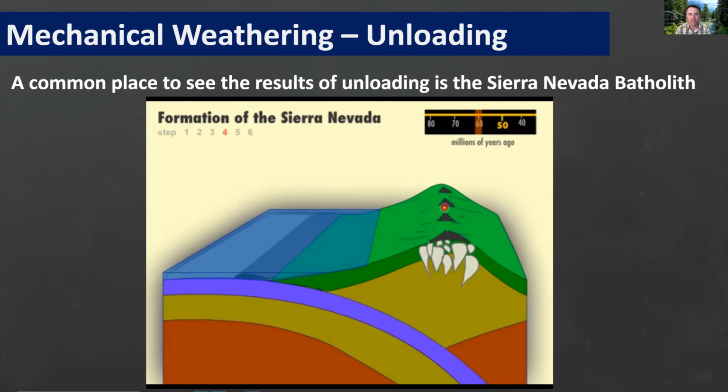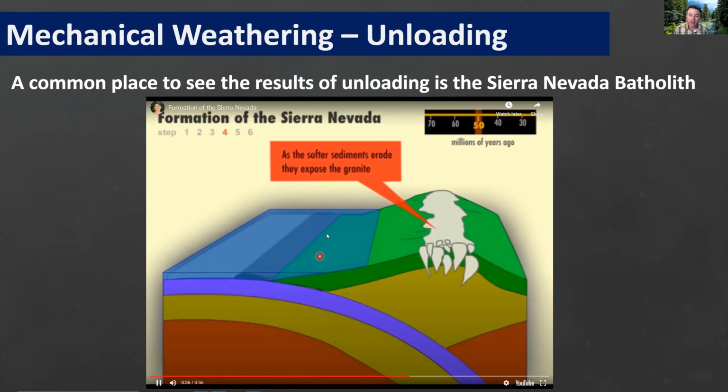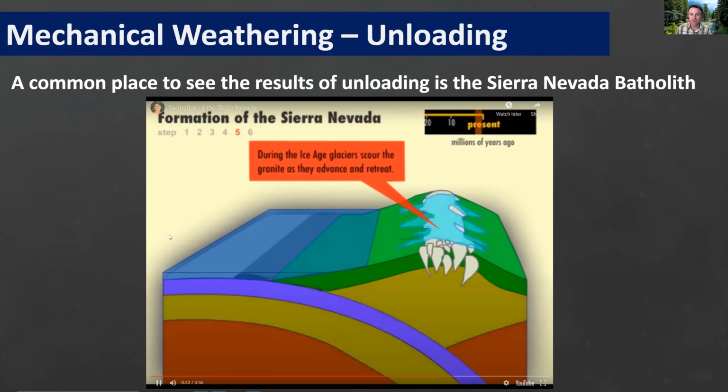Erosion happened for the next 50, 60 million years or so, and those softer sediments eroded away. A lot of them flowed down into what would then become the Central Valley. And basically what we have now are the granites that are exposed. And so now, because we have the granite that's exposed there,